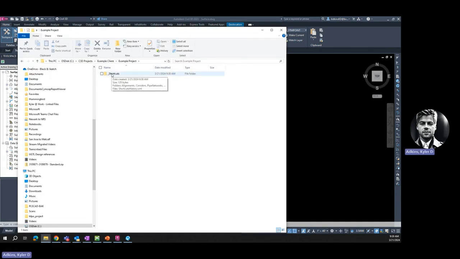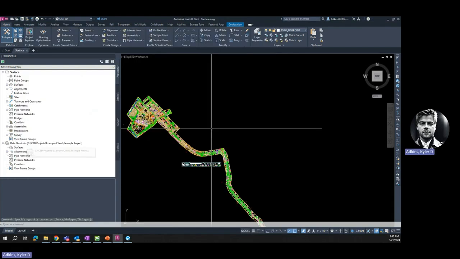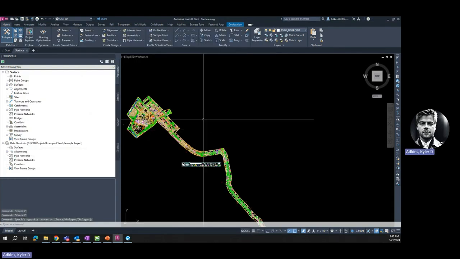So I've got an underscore shortcuts folder within my example project. Now this is, again, what Civil 3D is going to use to recognize the data shortcuts that are created. Within here, this is going to be Civil 3D specific data. So alignments, profiles, surfaces, pipe networks, corridors, all that stuff is going to be stored in here after we create those shortcuts. Right now, we have nothing in here. They're going to be stored in here as XML files. So you can see there's nothing in here at the moment, but we'll get to creating those in a second. I'm going to work off of this base file that we received from the surveyor